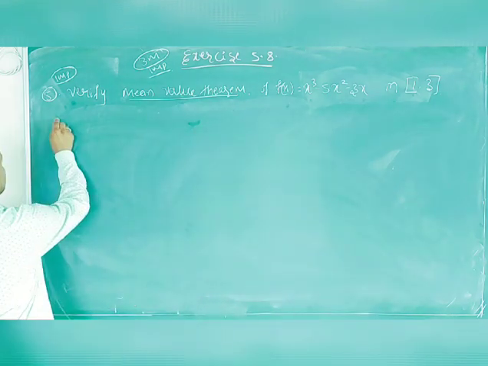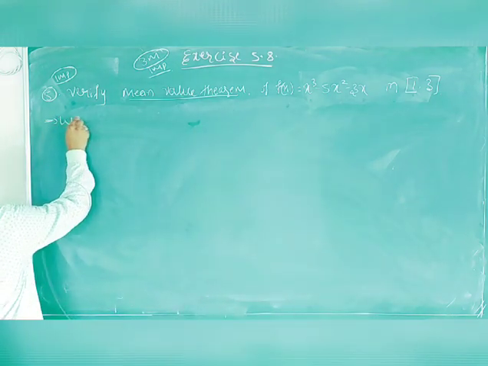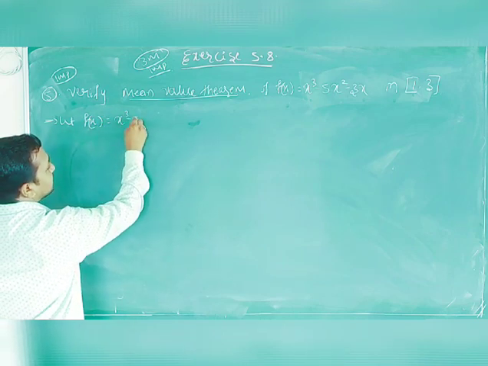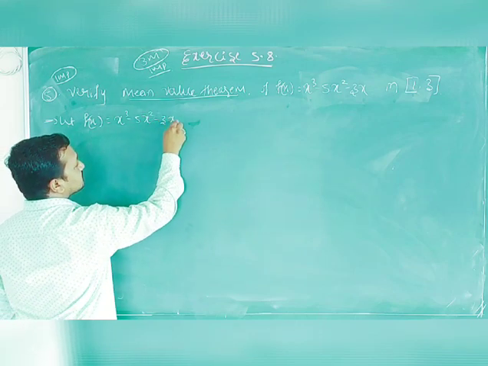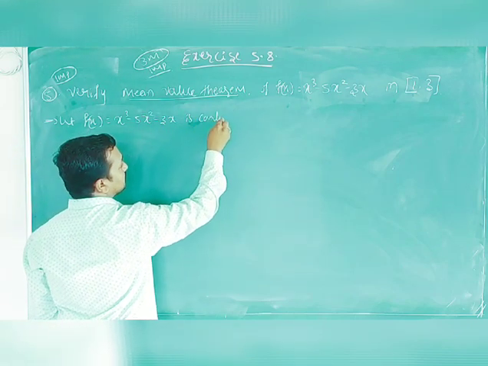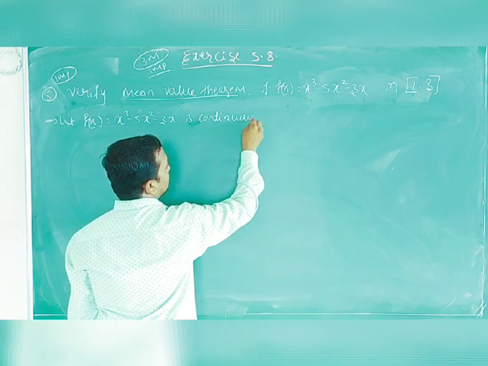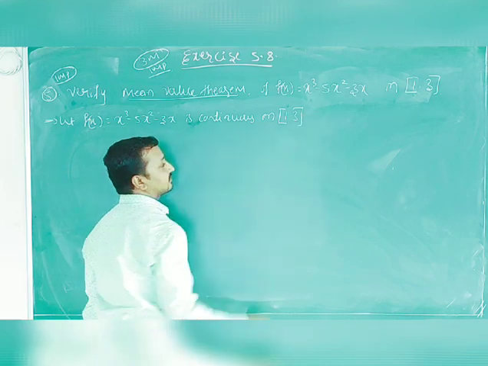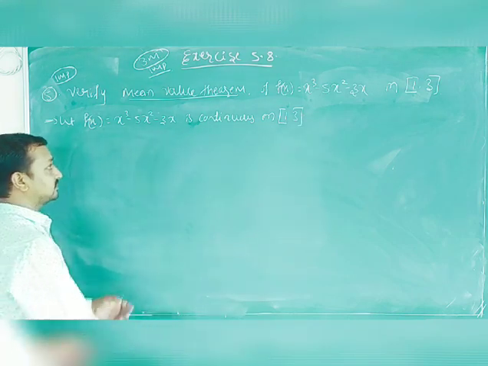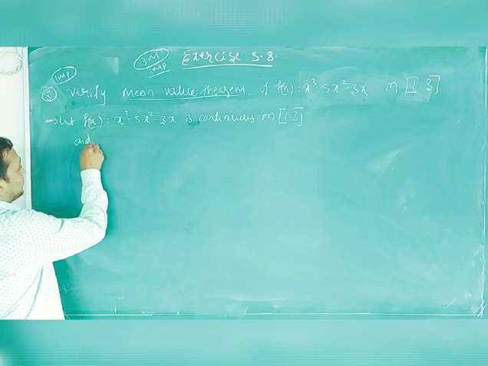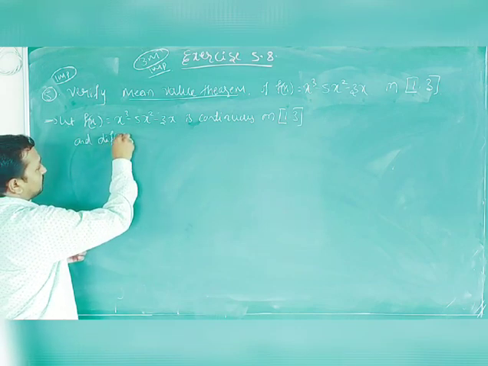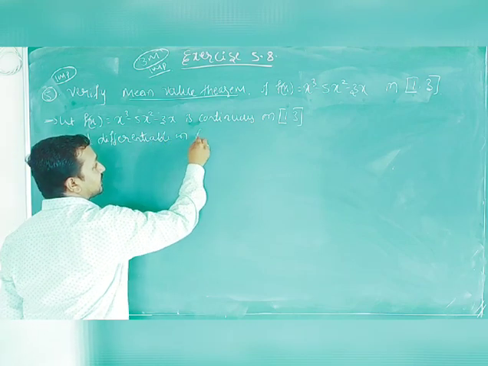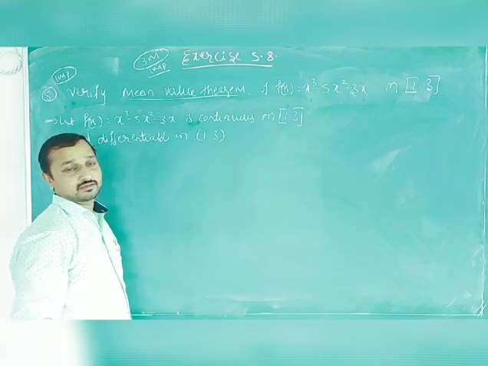So first of all, let us consider f of x equal to x cube minus 5x square minus 3x, which is continuous on the closed interval AB, that is 1 comma 3, and differentiable on the open interval AB, 1 comma 3, such that